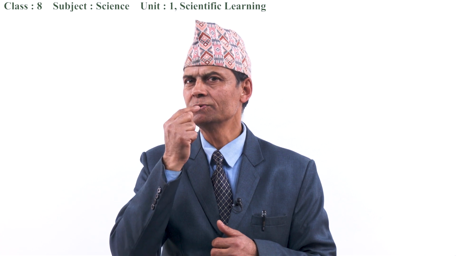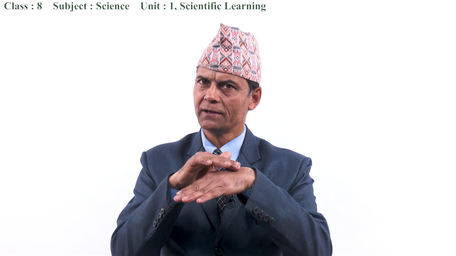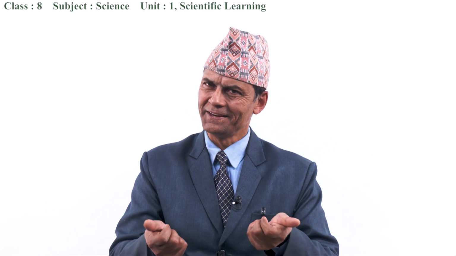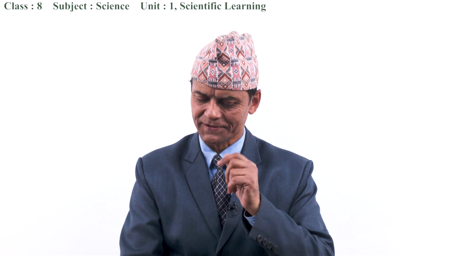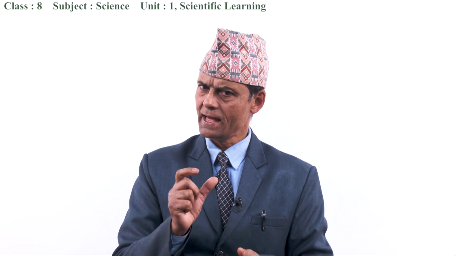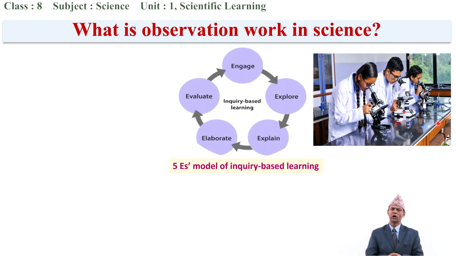I am tasting through my tongue. And I am feeling hot and cold by skin. Then which organs are these? Sure, these are the sense organs. So the 5 sense organs are involved in the observation work, where in the observation we can involve